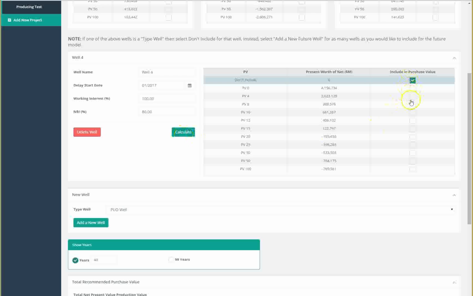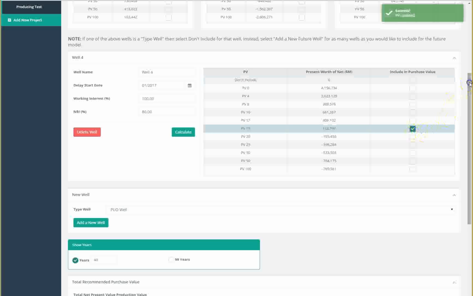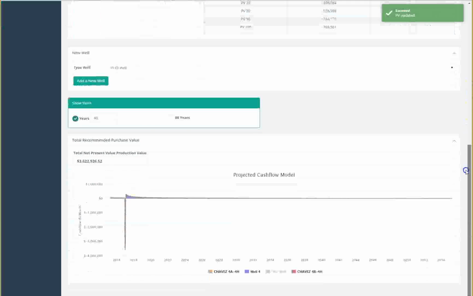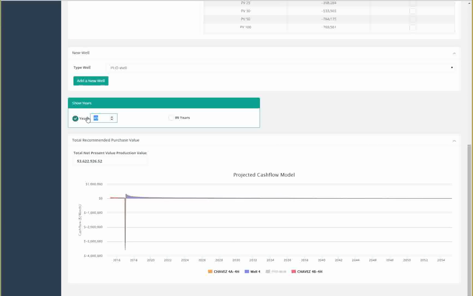Now we can choose a PV for the value of the PUD well to be drilled in the future. For PUD wells, I typically go with a higher PV, really a more discounted cash flow than a producing well. So we'll go with a PV15. Once you've selected all those items, Drillnomics will have modeled them down here at the bottom. So as you can see,